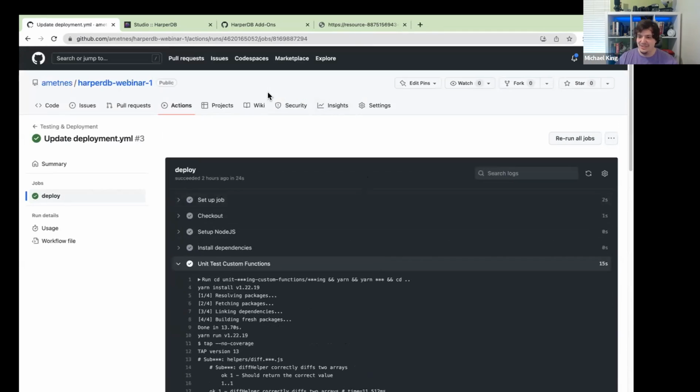It wasn't very secretive, and ultimately it depends how exposed your setup is. So awesome. That's how we can deploy it and use a CI/CD pipeline or GitHub Actions to do some of these actions. So I've got one last thing with custom functions that I would like to cover, and it's something